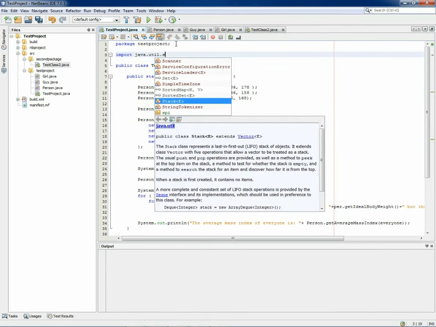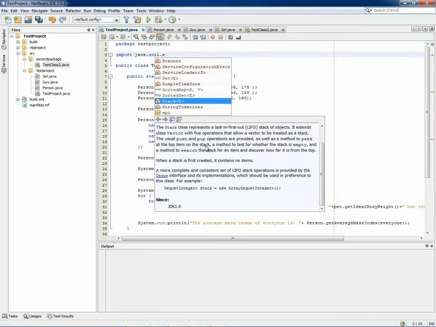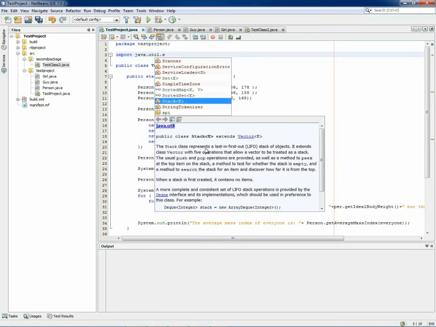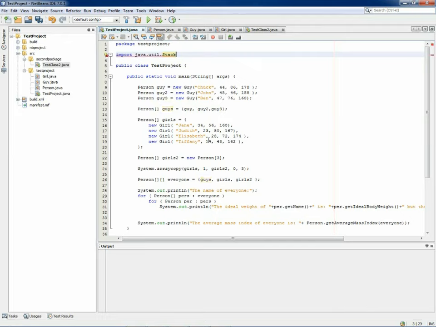That's it. Yes, and we can see the things about it in this description, the most important things. I import Java util stack,